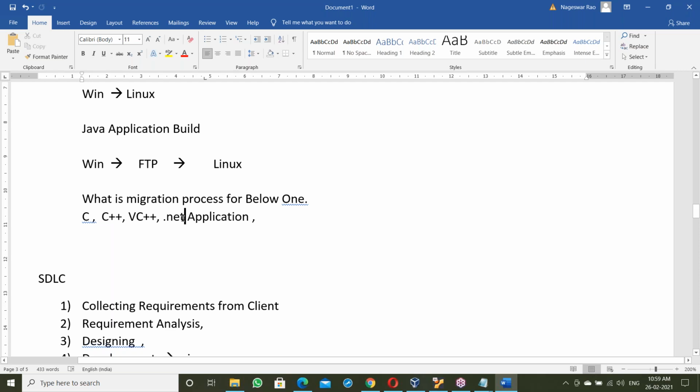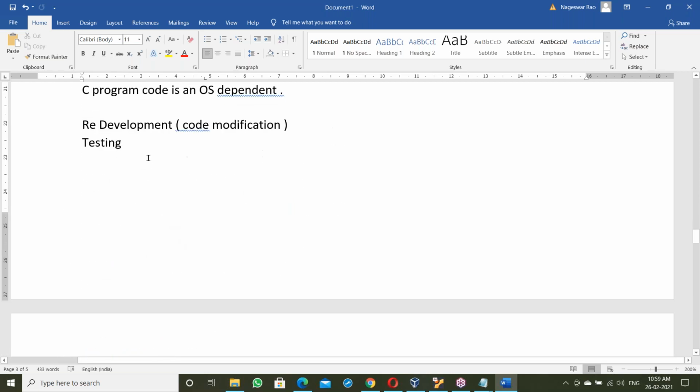By the year 2010, most of those projects were converted to Java because of its features.